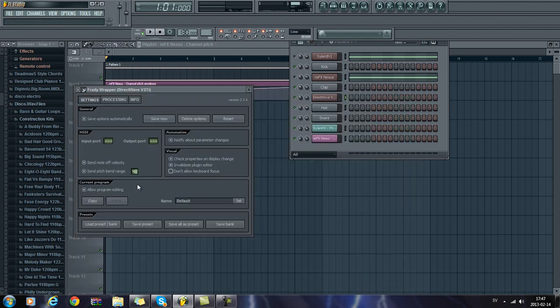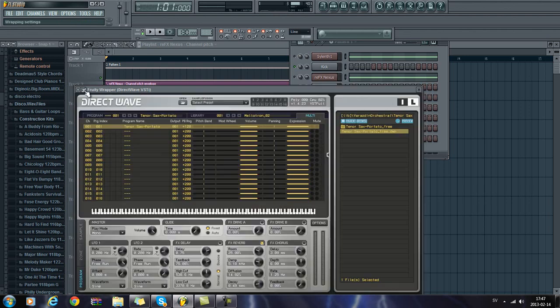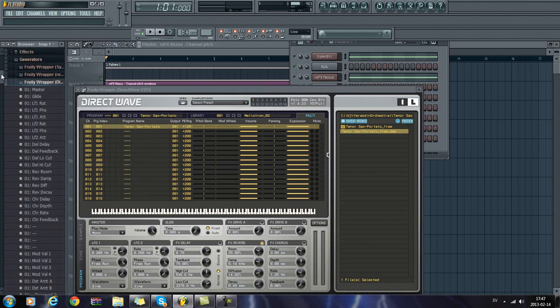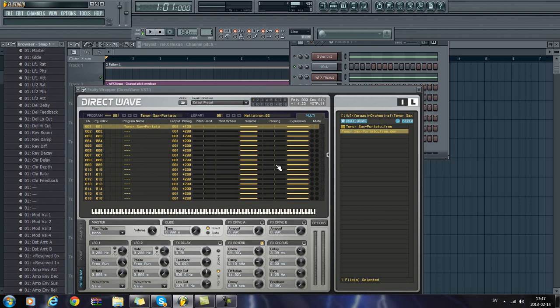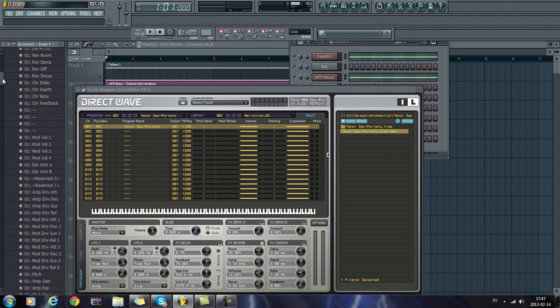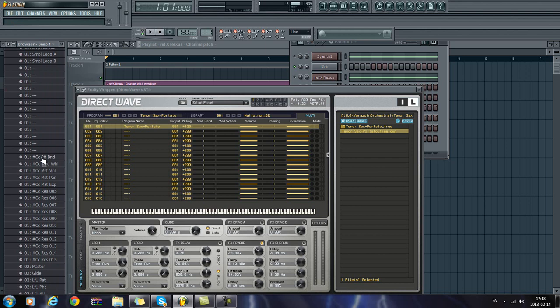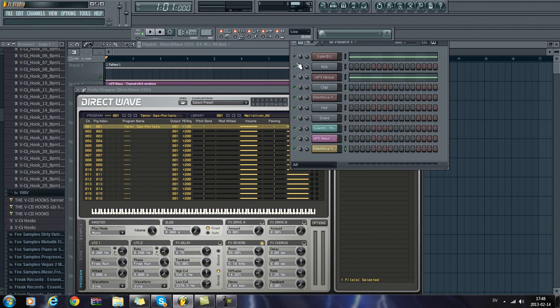Then you go and do the same thing here. Send pitch bend range and 48, and then you go to browse parameters, and in this VST and a lot of other ones you have to look where the sample is, and you see it's at 1, and then you just have to find the pitch bend and put the automation clip on that one, and here it is. And let's go in here,